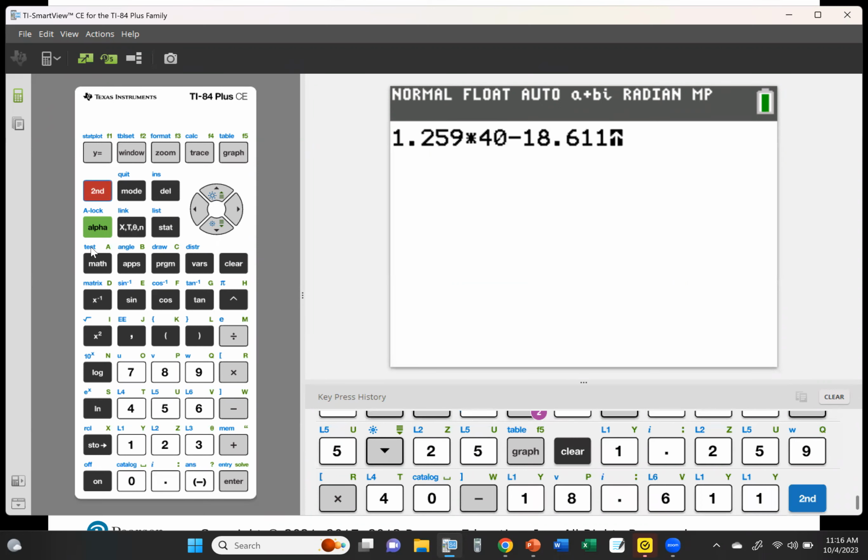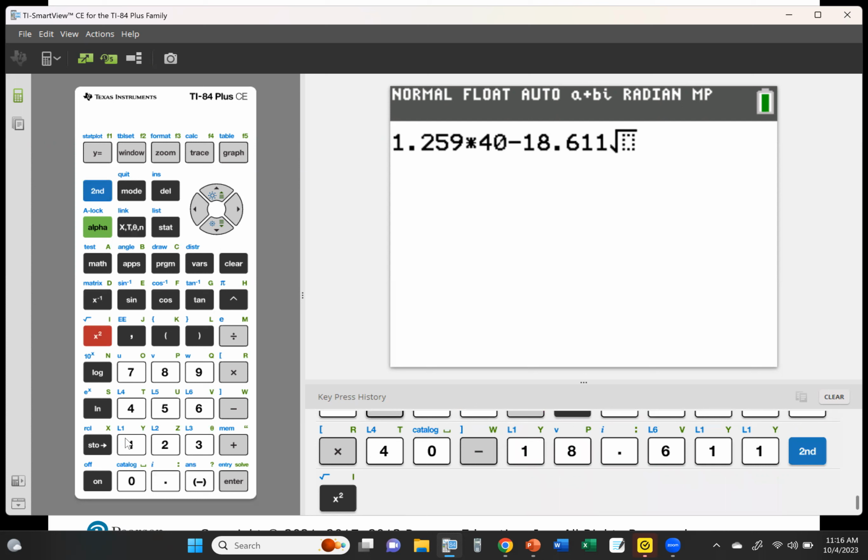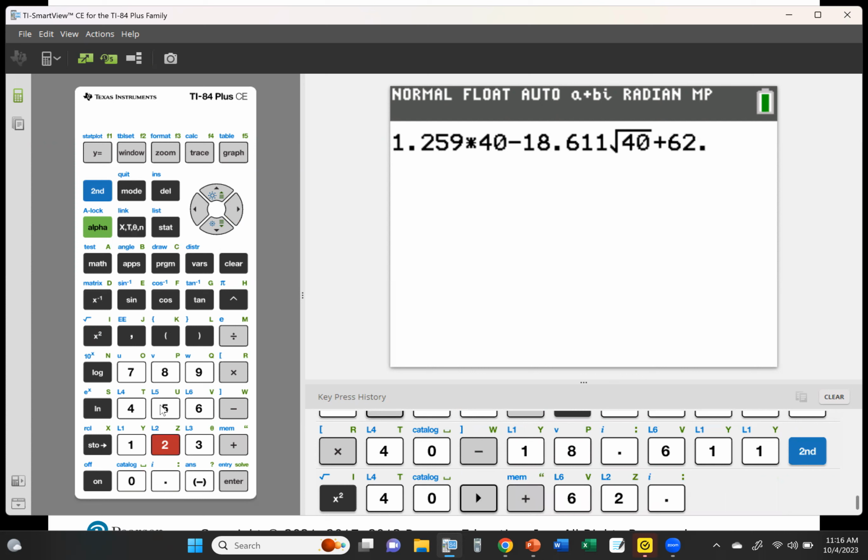So my square root symbol is above my x squared, the square root of 40. And then I need to arrow out of that square root so that I can continue my calculation, plus 62.255. And the answer is